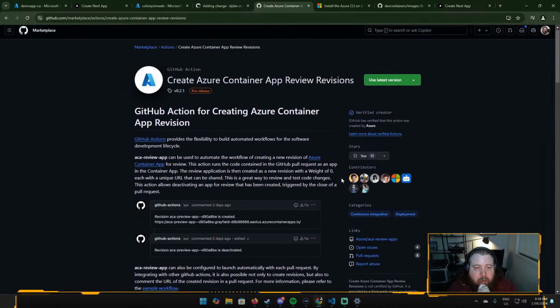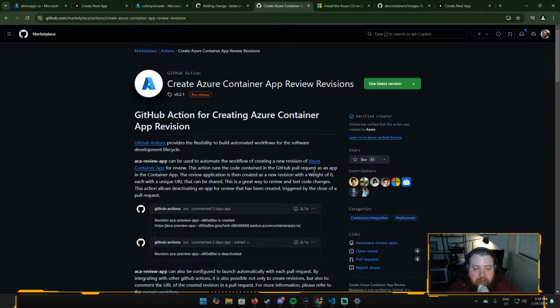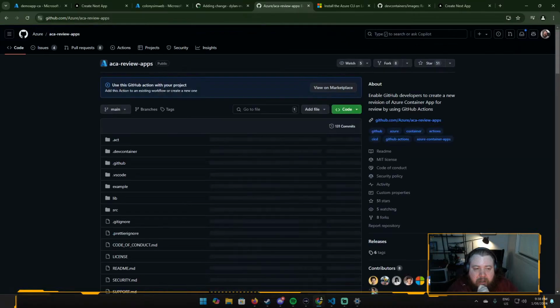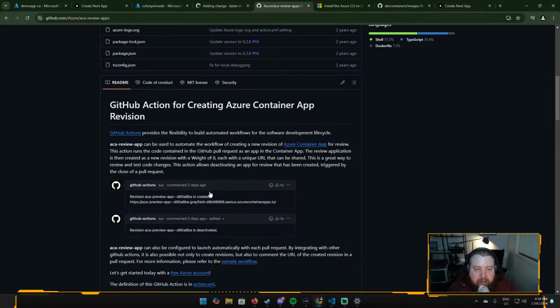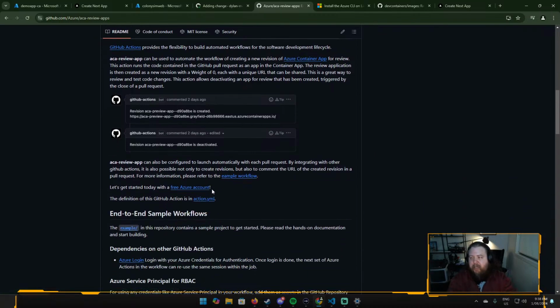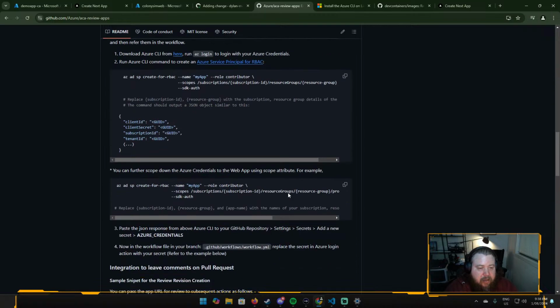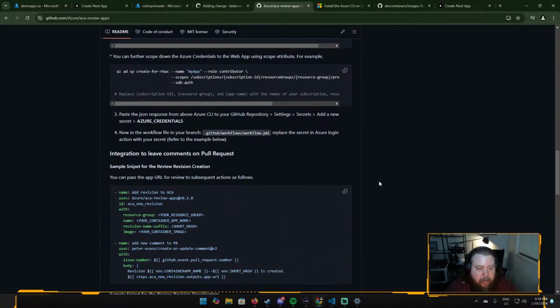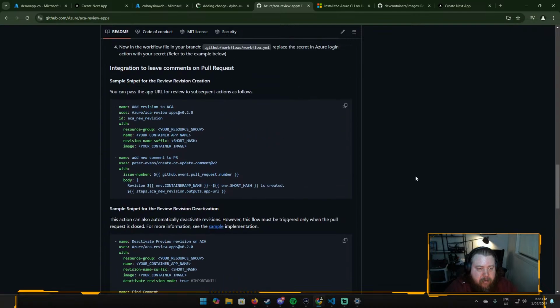Okay, so how do I use you? Because this is exactly what I do. I want to recreate a revision of the application. So this is doing exactly what I want to do. Okay, so here's,